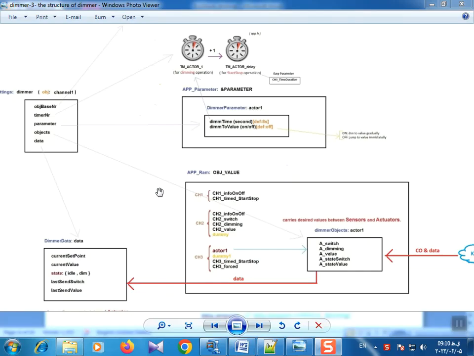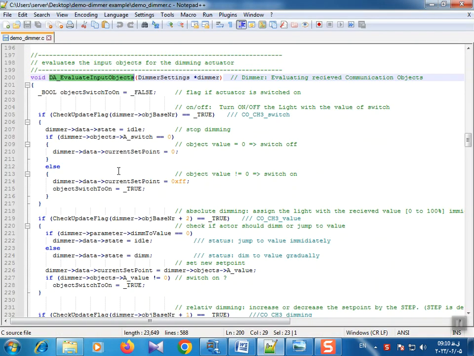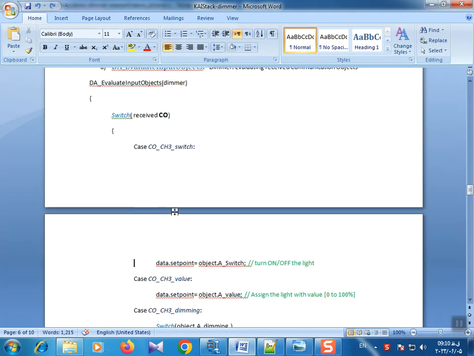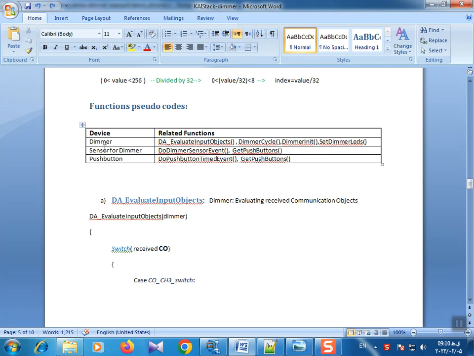In this video, I want to take a look at the pseudocodes of the DemoDimmer project. In the DemoDimmer project, demodimmer.c file, we have some functions. In fact, we have 3 different channels which simulate 3 different devices. For example, channel 3 for dimmer, channel 2 for sensor button, channel 1 for push button, and many of them